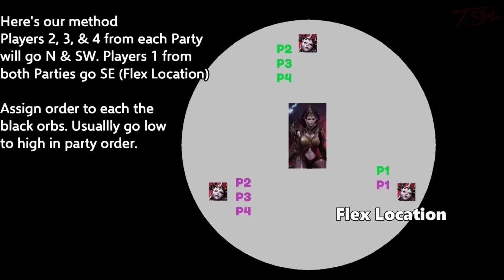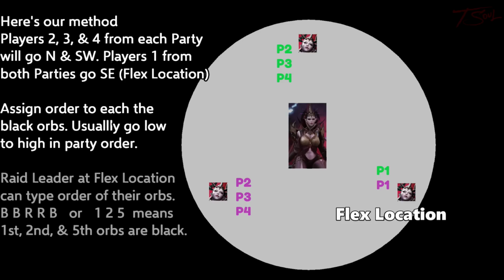The reason why I like player 1 in the flex location is because the raid leader can display what they type in the middle of the screen. There are 2 common notations, by color or by order. You can type something like B, B, R, R, B, or 1, 2, 5, to indicate which orbs need to